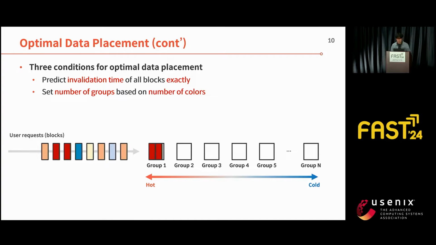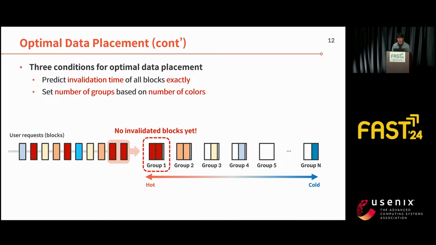After then, based on their colors, incoming blocks are placed into their designated groups. For example, the hottest blocks, denoted by red color, are placed into the first group, group 1. Then the following blocks are also placed in the appropriate groups. Then at some point, a specific group may reach its capacity, making it impossible to accommodate any new blocks. If the blocks within that group have not yet been invalidated, unnecessary data block copies may occur, despite the blocks being accurately grouped together based on their hotness.